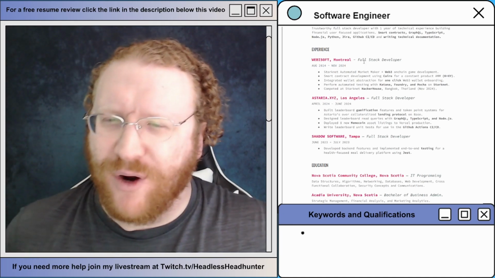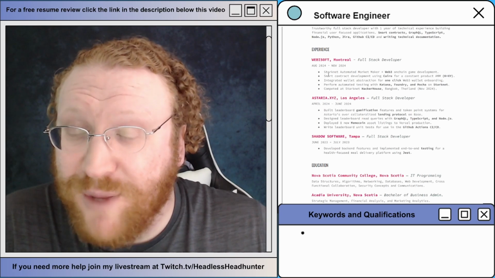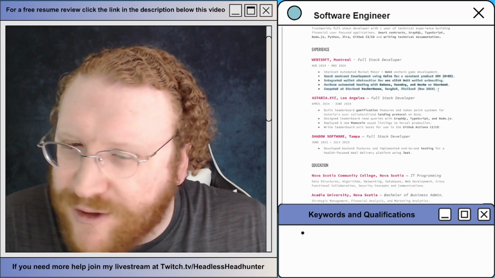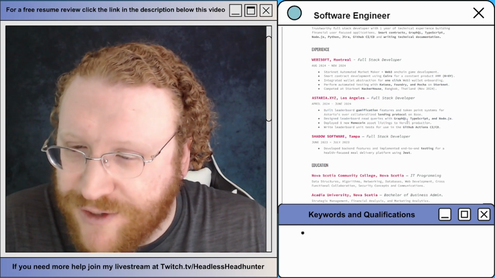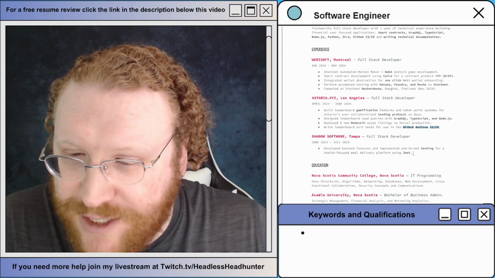StarkNet, automated market maker, web chain. Okay, I don't care. Web3, while it could be in keywords, is not in a ton of them. I don't see anything here that I need. Gamification, TypeScript, Node.js. Here's what I actually see. And this, testing, just, okay, so,